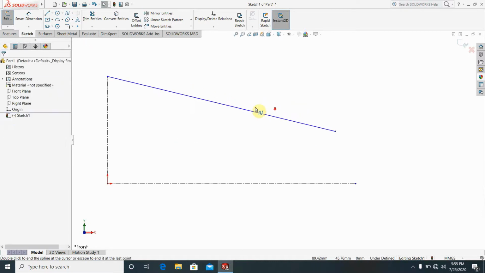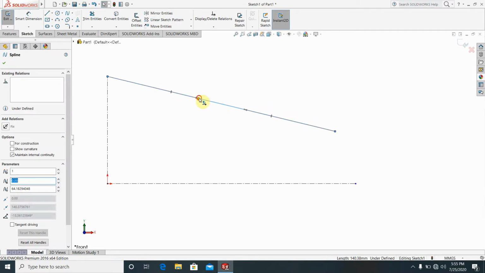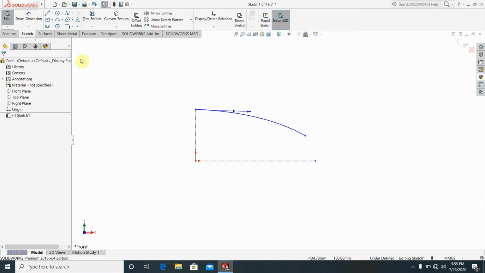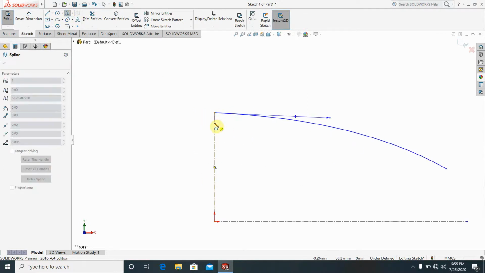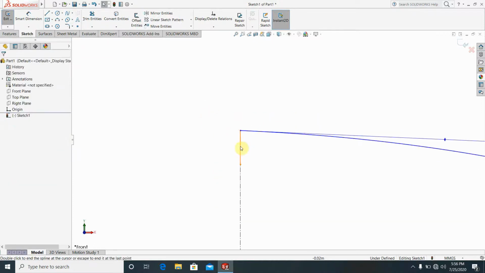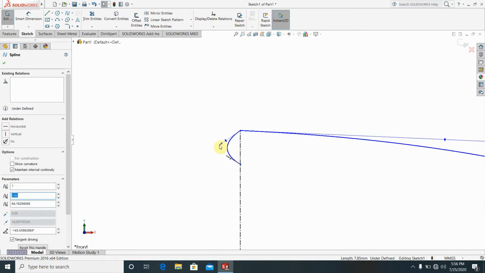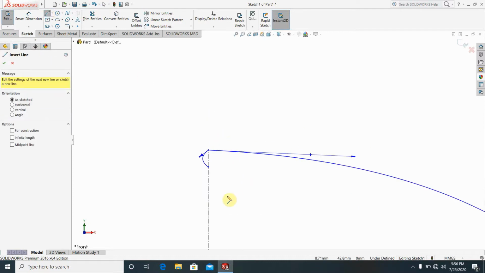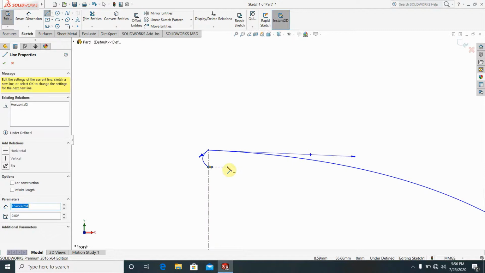Just select here and I'm making here like that, and here I'm making a spline, this part and this part, and this is like that, like that part, and I'm making some parts that is like this, that is front, and there's up front, and that is like that. Okay,